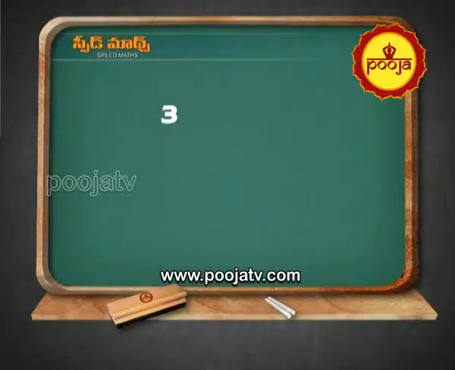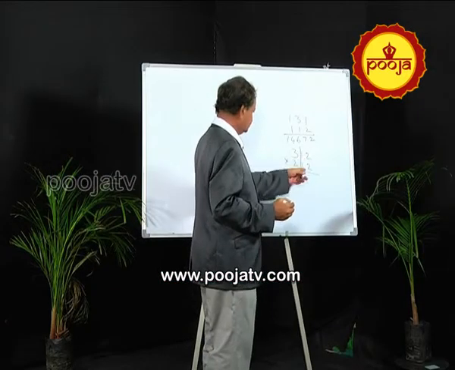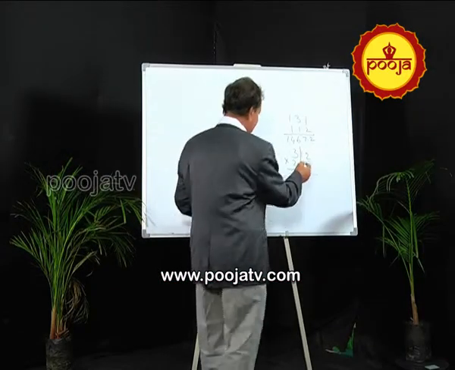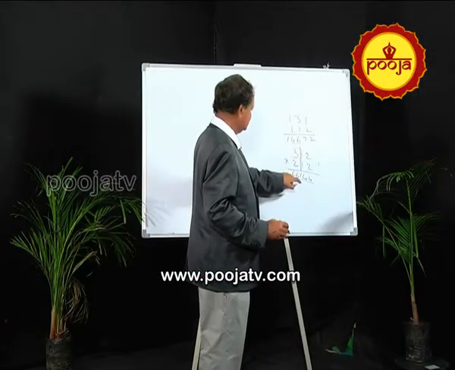Suppose you want to multiply 312 into 212. It can be done easily. Give a slash, because the last two digits you can happily multiply. You know pretty well 12 into 12 is 144. 44 here, 1 outside. 12 into 3 is 36, 12 into 2 is 24, 60, 60 plus 1 is 61, and 3 twos are 6. This is an easier way, isn't it? Because if you can multiply these two digits easily, this system should be applied.